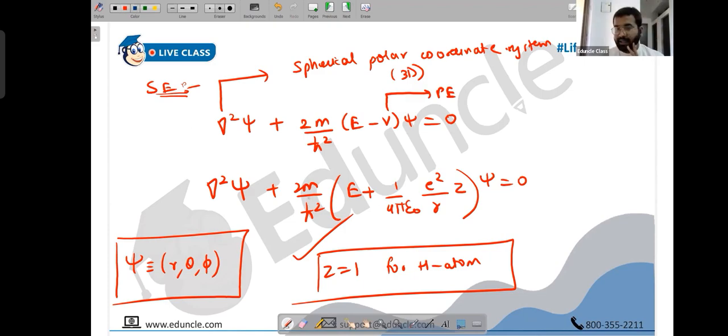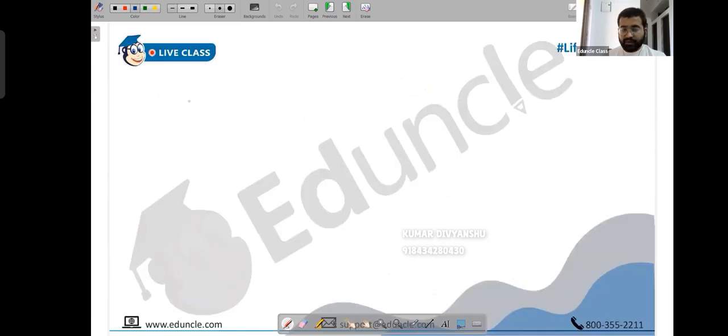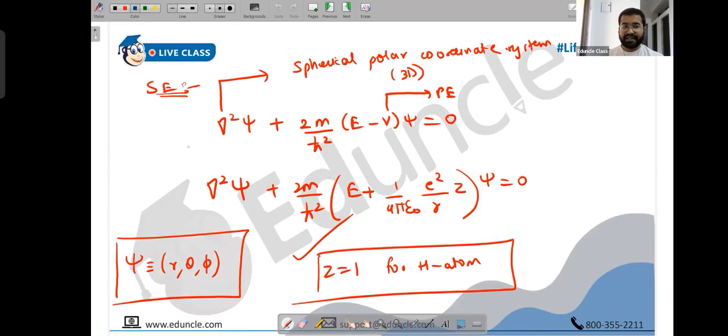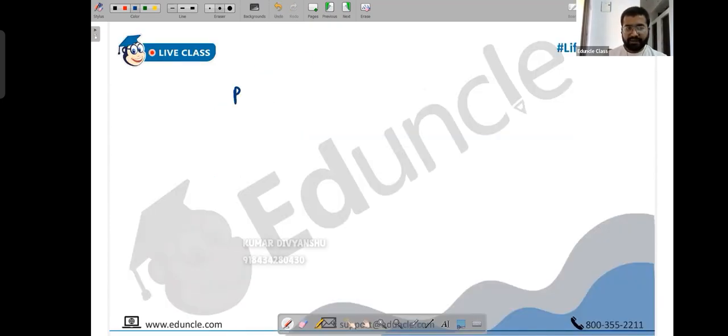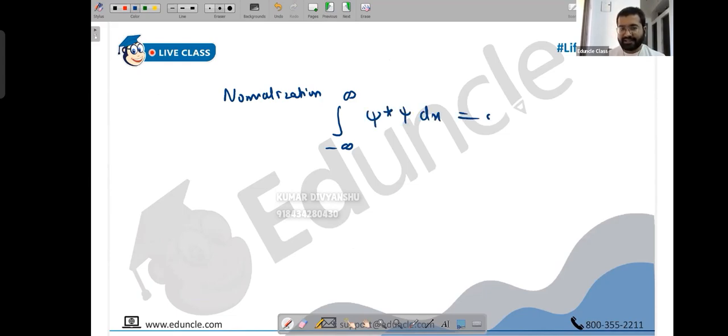Before I proceed, a very important note, because that's a common mistake students make. When you talk about limits for whatever kind of equation is given to you in the hydrogen atom, for example they will give you a wave function, they can ask you probability. You are habitual with the formula for probability, P of x, which goes from, for example, minus infinity to infinity. What is normalization? Normalization is over all space. We write all space, and we write minus infinity to infinity basically. If all space is not given to us, or we don't understand, then we write psi star psi dx equal to 1. Now, some things will change for the hydrogen atom.